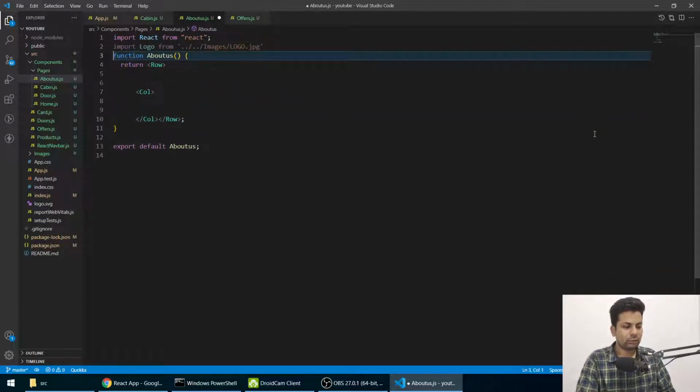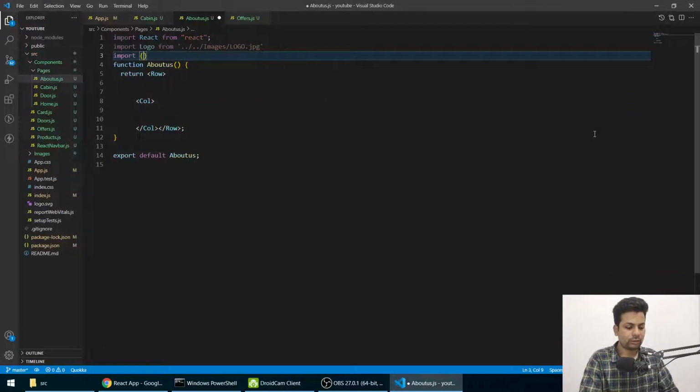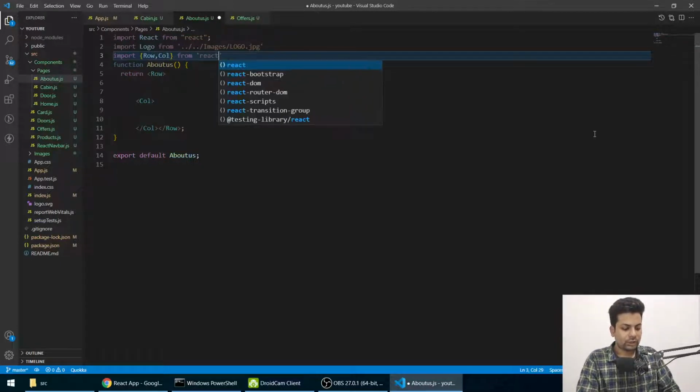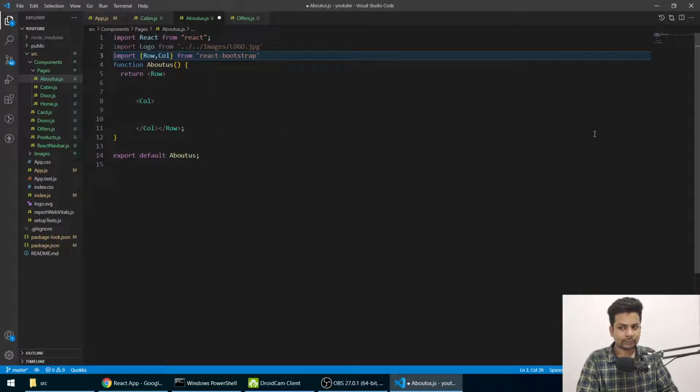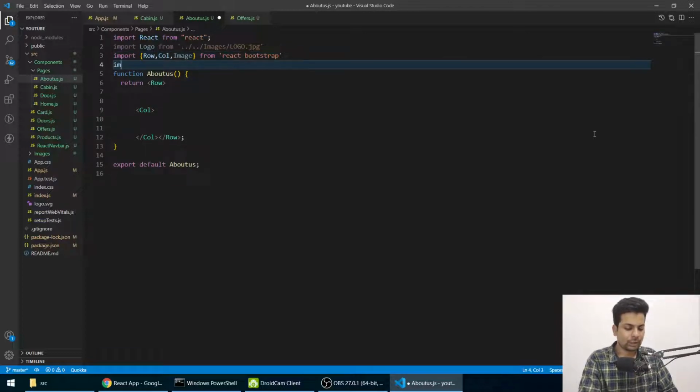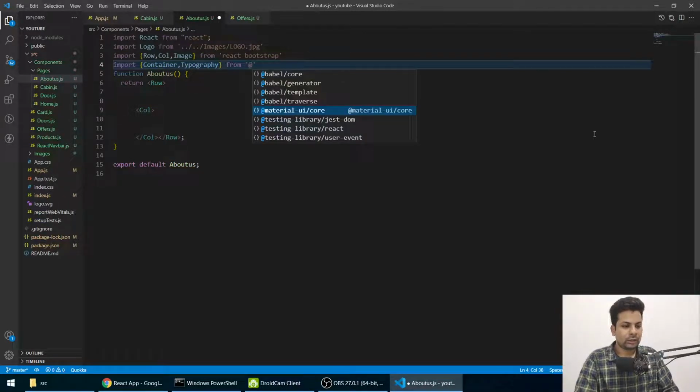Now we have to import row and column from bootstrap. We'll say import row comma column from react bootstrap, and we'll use image also, so we'll import image tag also, and we'll import container from here, and typography from material UI core.